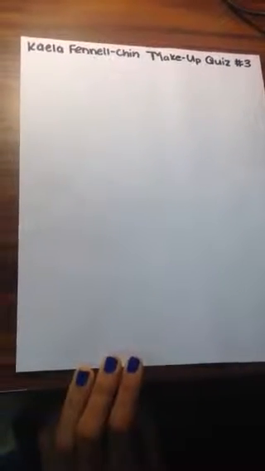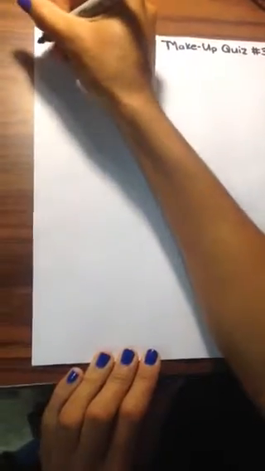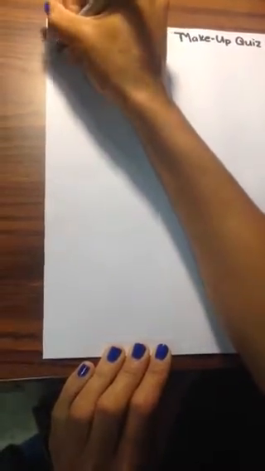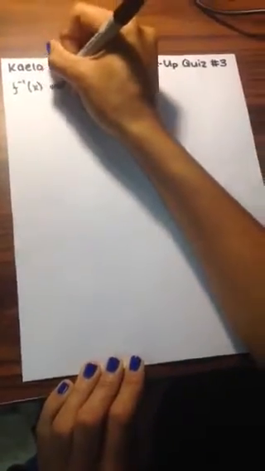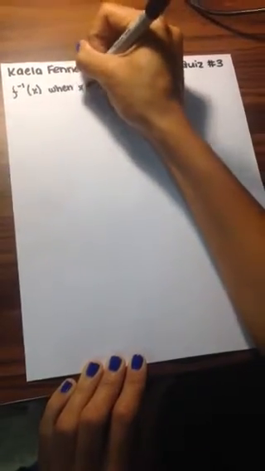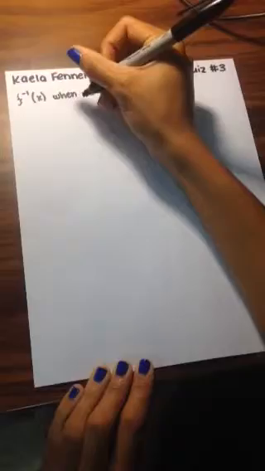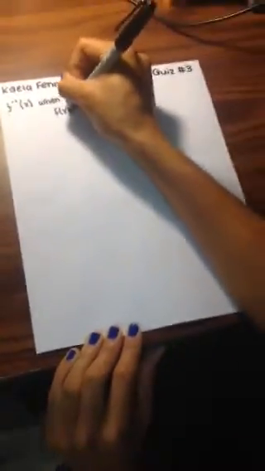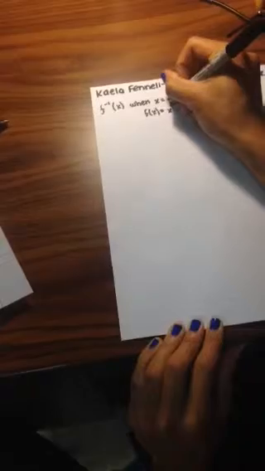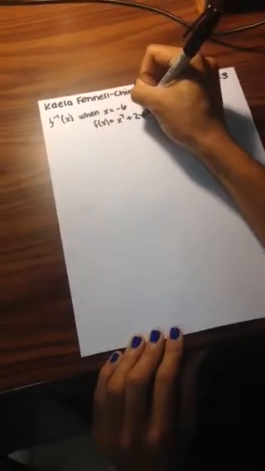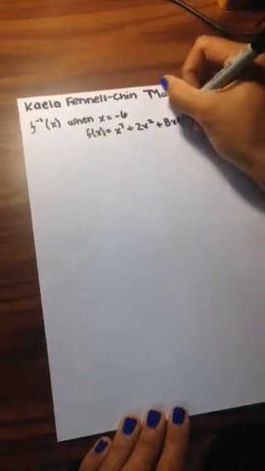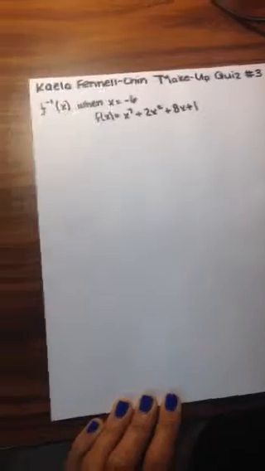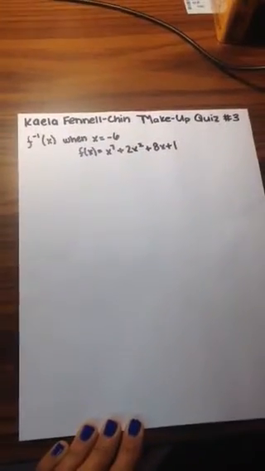And for this problem, we have to find the derivative of the inverse at x, when x is -6. And our f of x is going to be x to the 7 plus 2x squared plus 8x plus 1. And in order to find the derivative of the inverse, we have to know a formula,